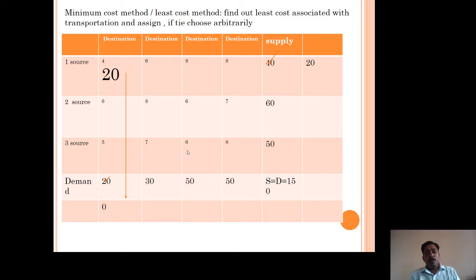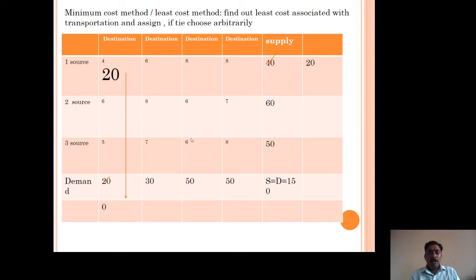Now how do we allocate in such a situation? You can break a tie arbitrarily. You can choose any one of these. If you choose another, you will get a different solution. But this is the basic feasible solution, not the final optimum solution. So you can have different values of the cost of transportation by selecting such cases. In this tie of 3, I am going to select, suppose, this one.